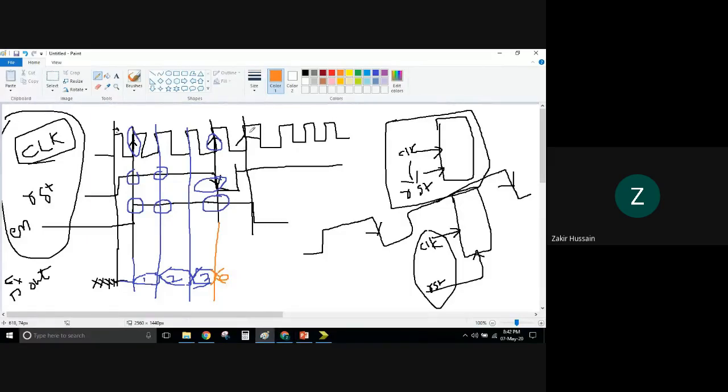Now, when the next positive edge comes, you have removed the reset, but enable you have made 0. So whatever the previous value is, that will continue. Meaning this 0 will still continue. Previously it was 0 at this point, so that 0 will still continue. So this is what we are expecting. Remember, this is for this timing diagram. You may have a separate timing diagram. I am warning you, guys. This is for this timing diagram.